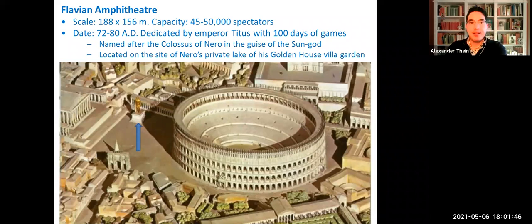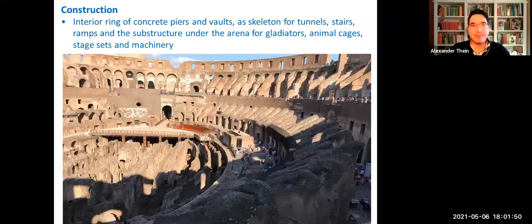Some details about construction. So if we go to the inside first, this is again where we see the importance of concrete. There's this massive foundation of concrete. When we look at this, we're looking at brick and concrete. There are other materials being used, but it's the concrete that gives it that structure, allows for the creation of